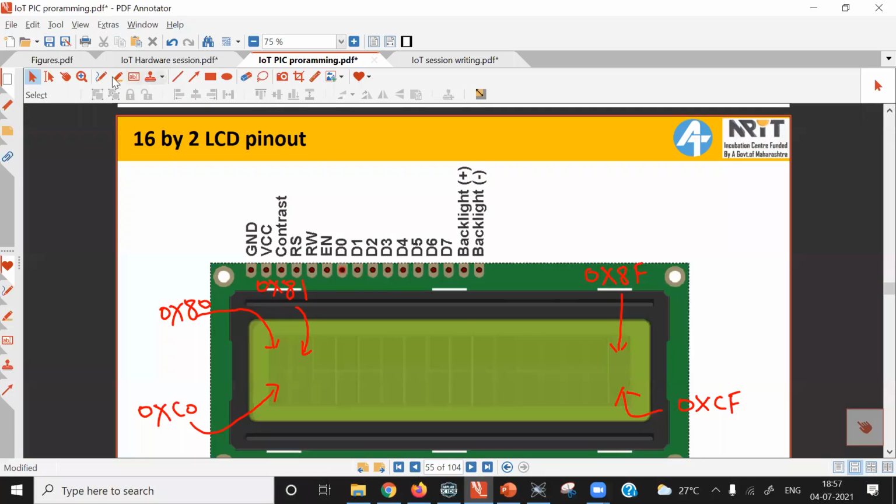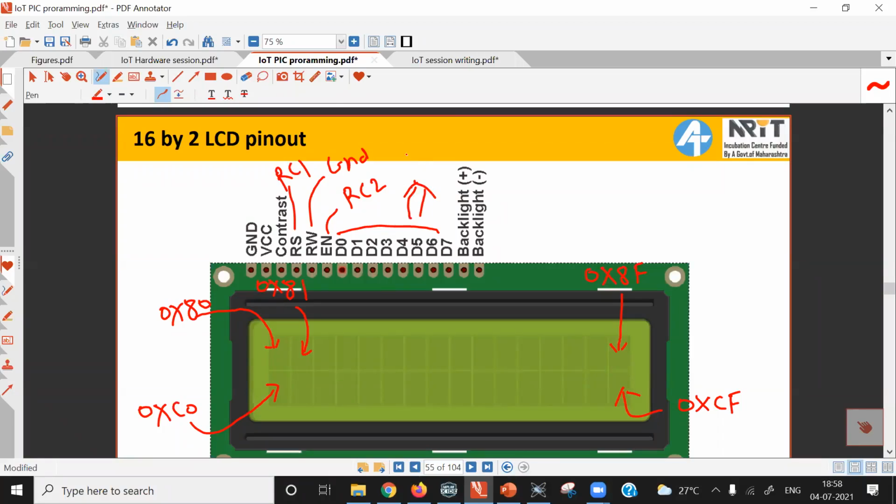So this enable pin I have connected to the RC2 pin of the microcontroller. The RW pin is grounded. And the RS pin is connected to the RC1 pin. And all the data pins, D0 to D7, are connected to port D.